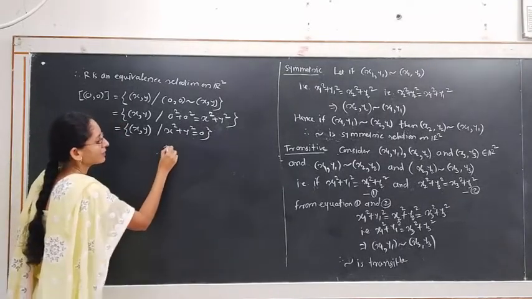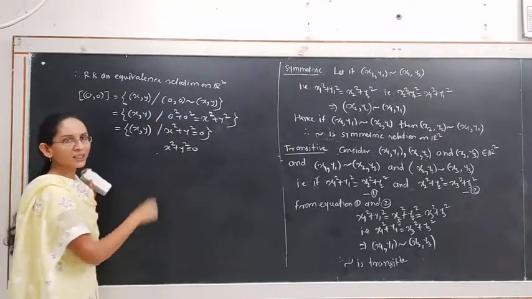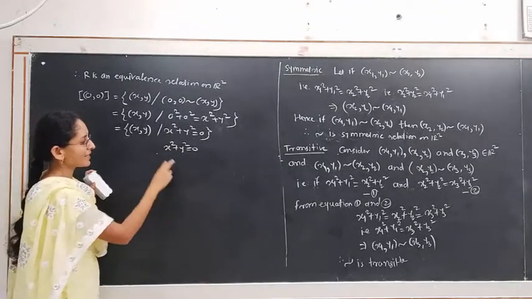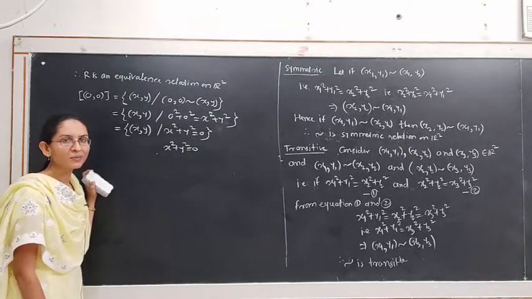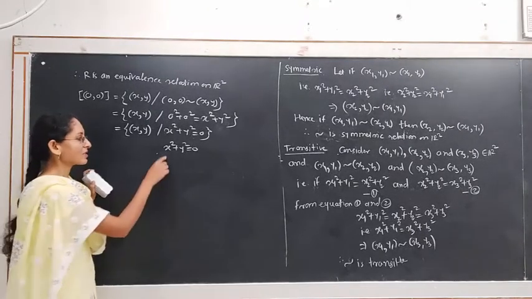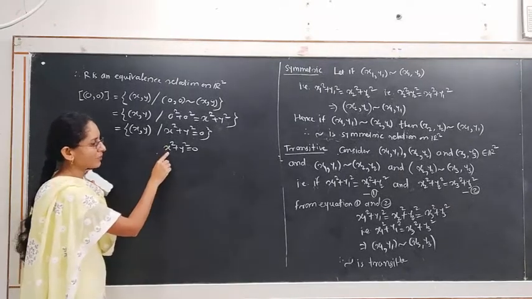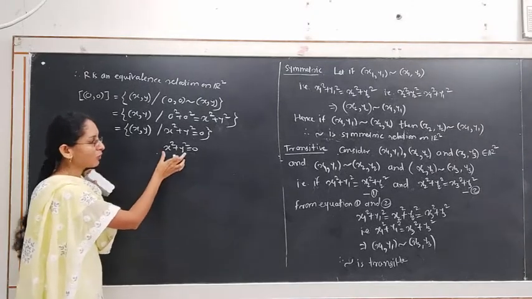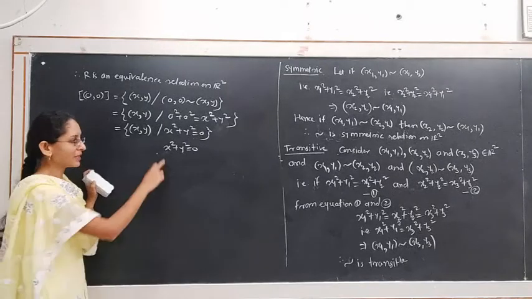We have the equation x square plus y square equal to 0 and we want its solution in real numbers. X and y are real numbers satisfying this equation. The only possible real numbers x and y are 0, 0, because the square of any negative real number is positive, the square of any positive real number is positive, and the sum of two positive real numbers is 0 only if each number is 0.